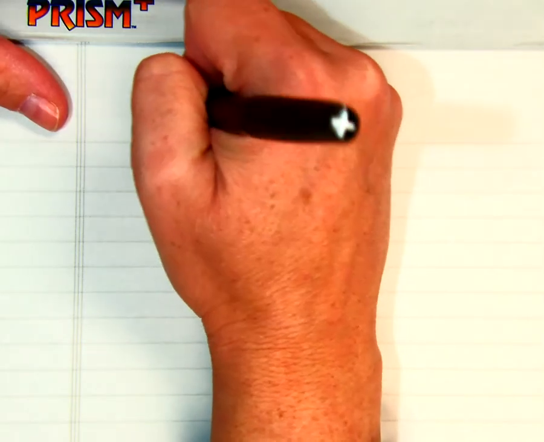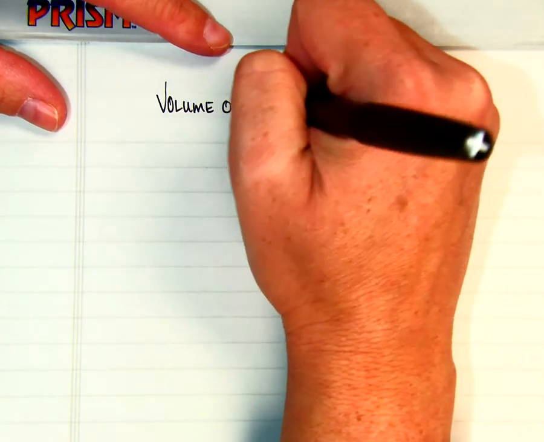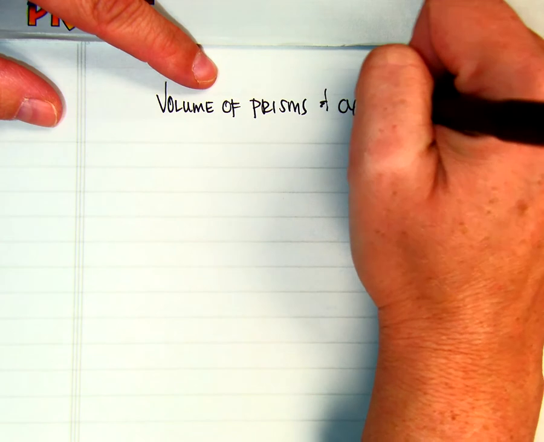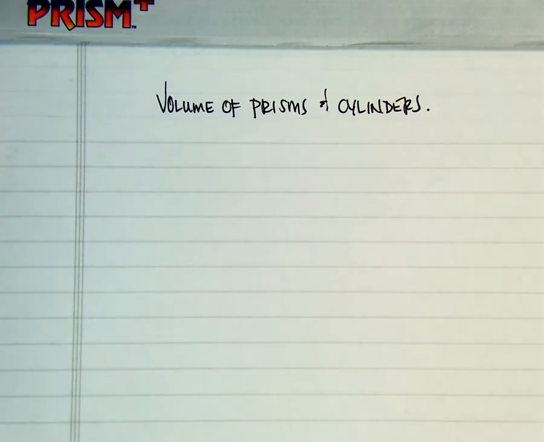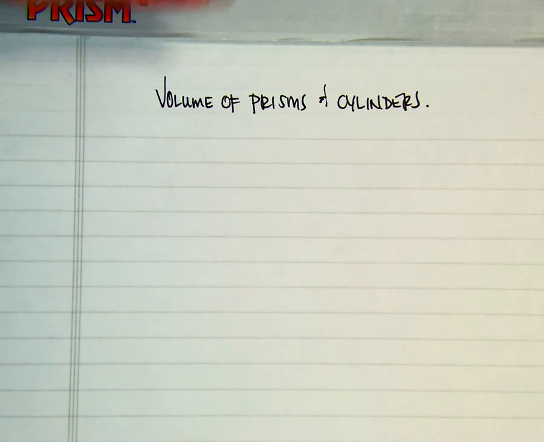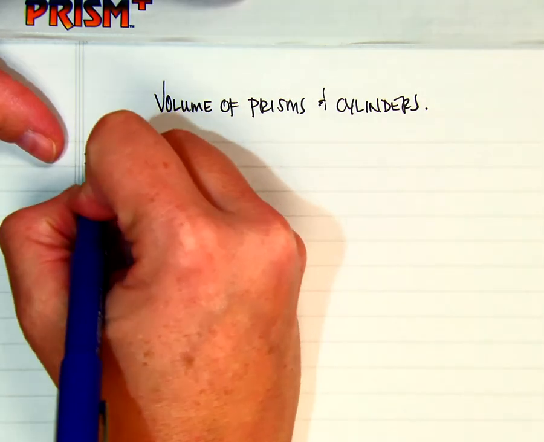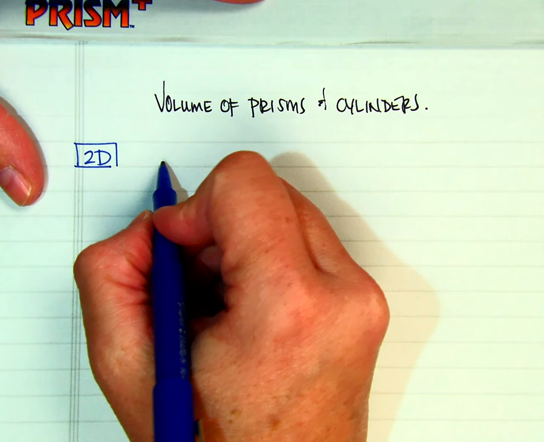Okay, so we are going to be talking about volume of prisms and cylinders. We'll first need to understand what the heck volume is. And in order to do that, we are going to go back to our 2D object. So bear with me for a minute. So if we have a two-dimensional object and we are talking about